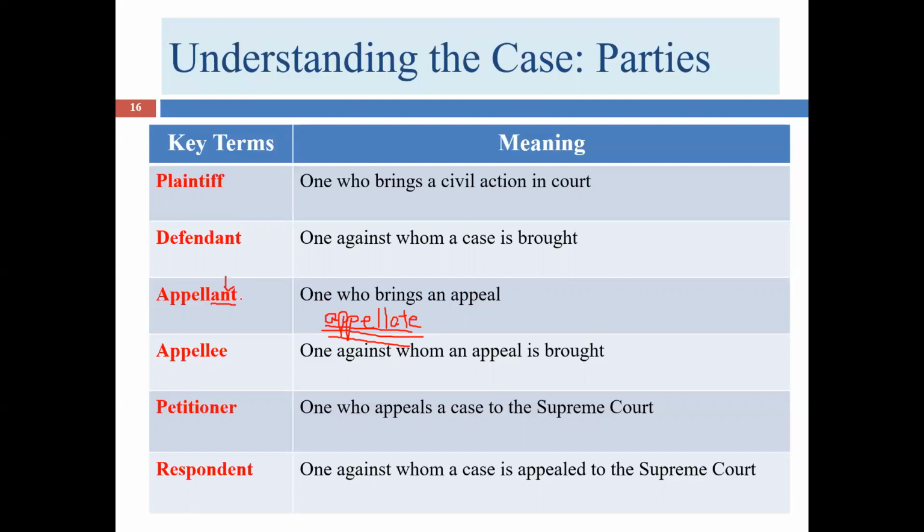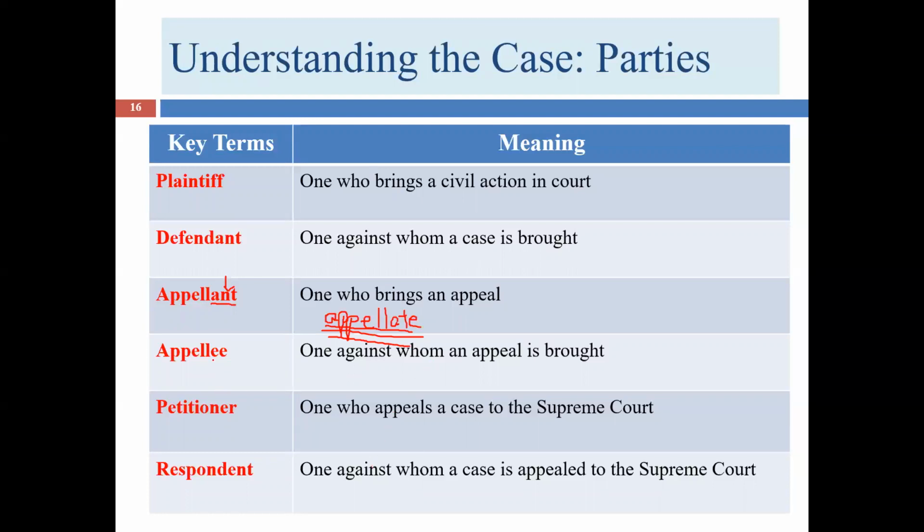But the appellant is partisan. He's on one side, he's on his own side, right? He's the person who's unhappy with what happened at the trial court level. He may have been the plaintiff and he lost at the trial court. He may have been the defendant and he lost in the trial court. Sometimes the appellant is called the plaintiff of the appeal because he's mad. He's unhappy with what happened.